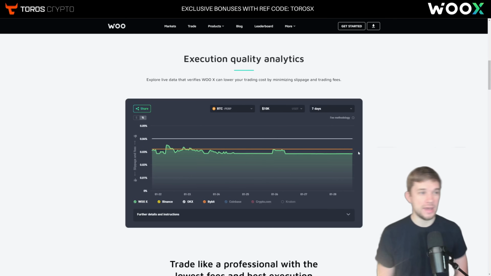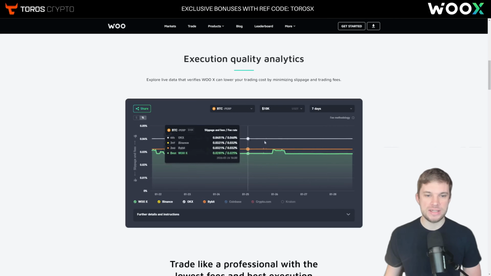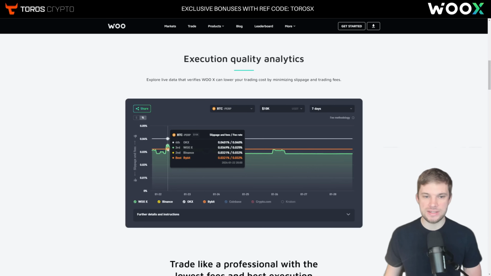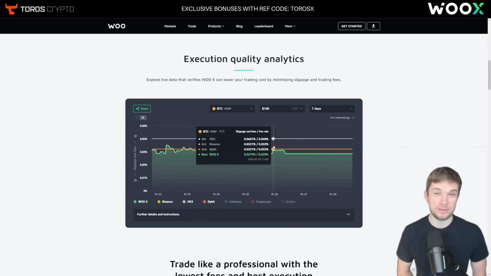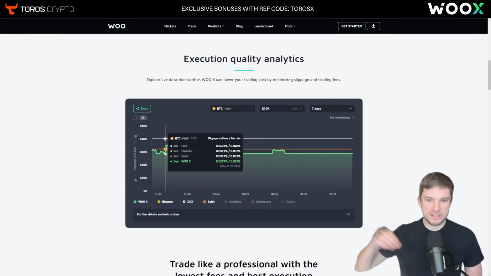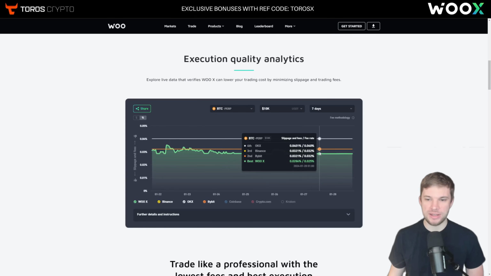Now, they are a relatively new exchange in comparison to the ones down the bottom here. So at times of volatility, you do sometimes see these little spikes up where the cost base due to slippage and fees slightly peaks above some of the competition. However, this is something that they are working on all the time to improve. And these peaks are generally, if you spread it out over time, okay, the majority of the time, 90% of